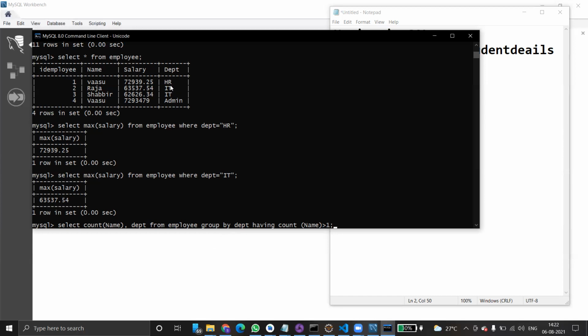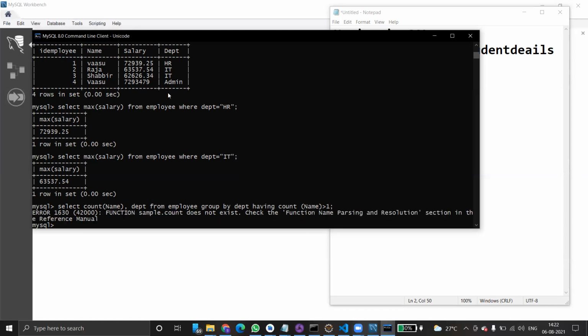Under HR, how many employees are there? Only one. And admin, we have only one employee. But IT, whose employee count is more than one, automatically it will show count two, and then it will show department name IT.